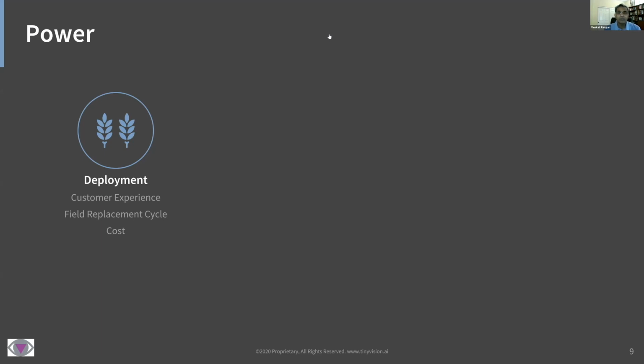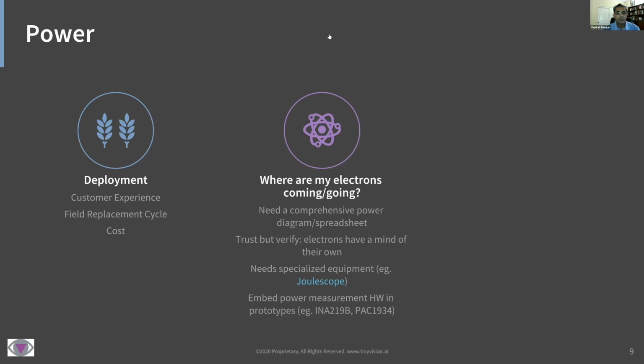Who owns the field replacement? Who's going to be changing the batteries if you're requiring batteries? How often is it? And how much is it going to cost? And who bears that? Based on that, you're going to have to come up with a top-down and a bottom-up approach to this, which is really a power spreadsheet of every single device, every single leakage path that power is going to go. Once you get to the realm of microamps, everything starts leaking, right?